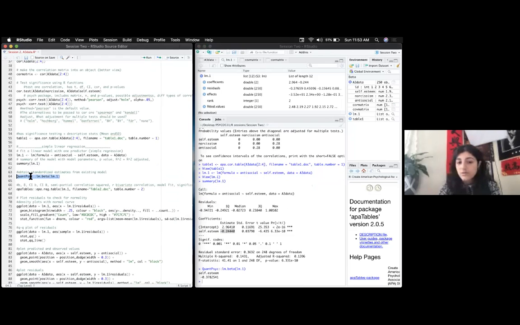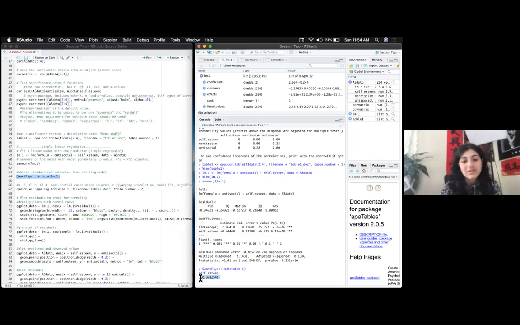I think I do because it worked for me. I wonder if that runs for you. Basically what this function did is it obtained the beta for self-esteem, and it standardized our slope from this